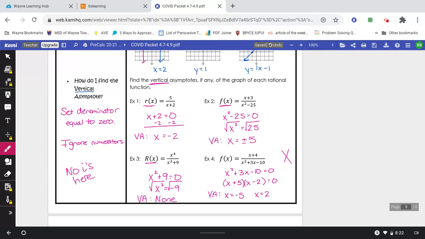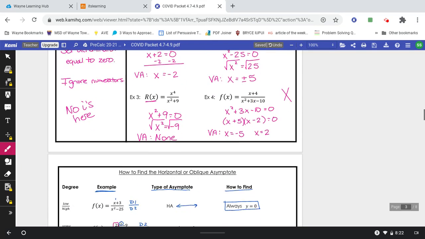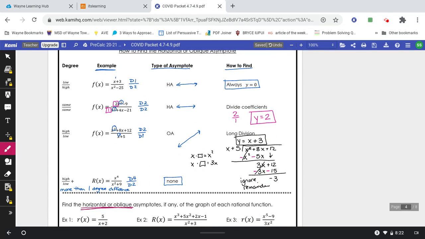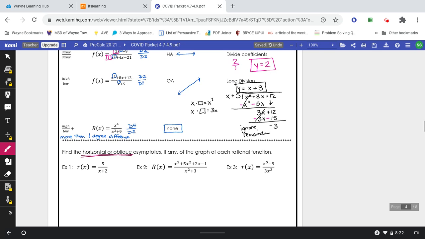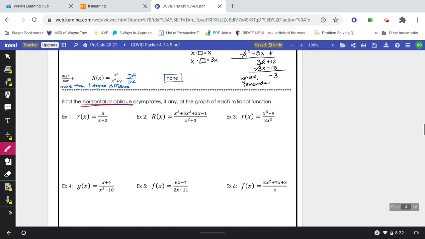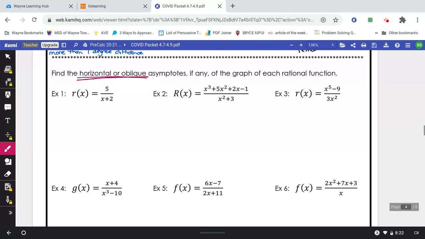So when we start graphing these, we're going to have 3 steps. You're going to find the vertical. Then you use a chart to find the horizontal or oblique. And then your third step would be to graph it. Okay, so find the horizontal or oblique asymptote, if any, so that means there might be none, of the graph